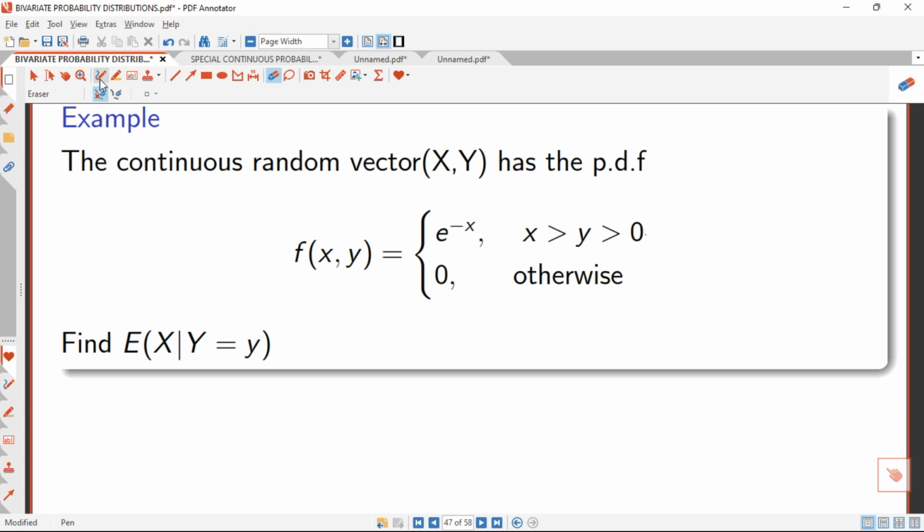So for the expectation of X given Y equal to small y, we just learned that